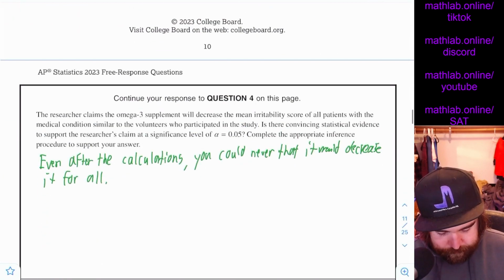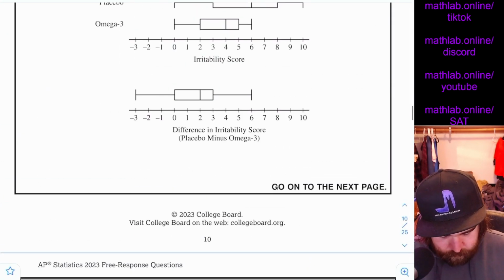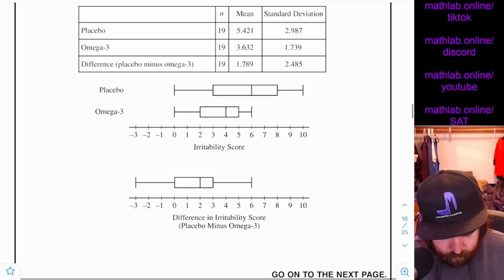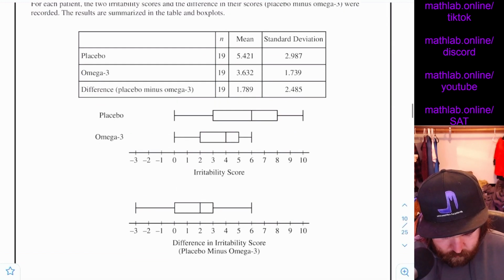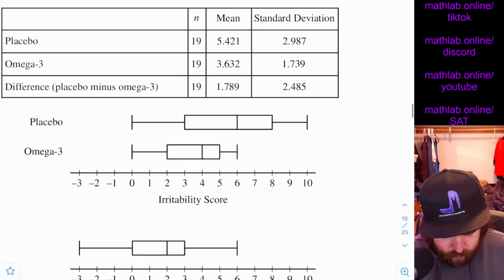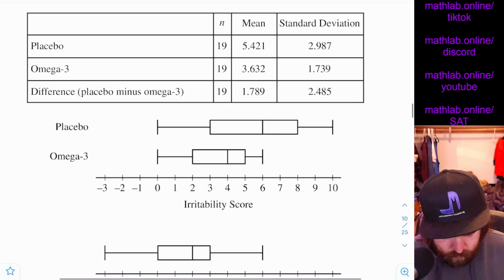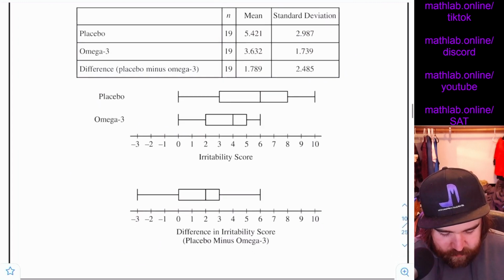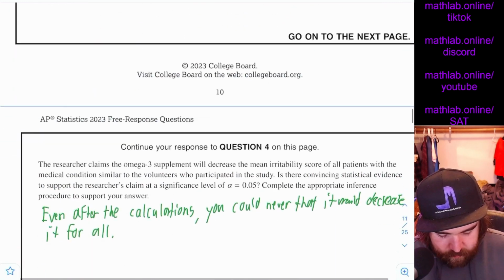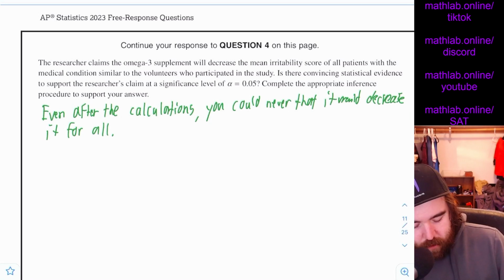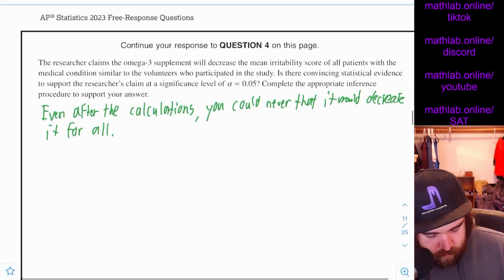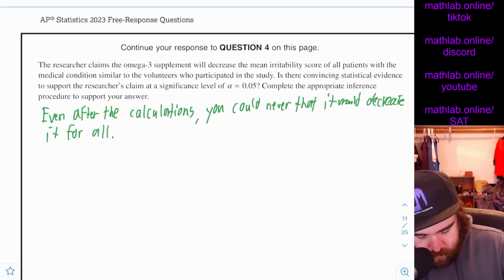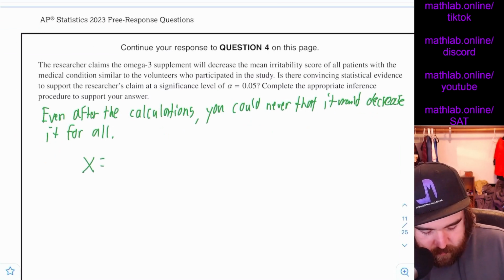So it's definitely still a 2 sample. But we have the placebo for the difference. So we need to say, we'll go with X. So we'll say X equals the